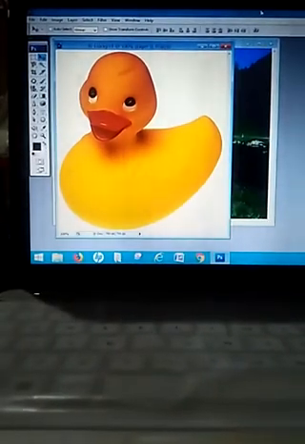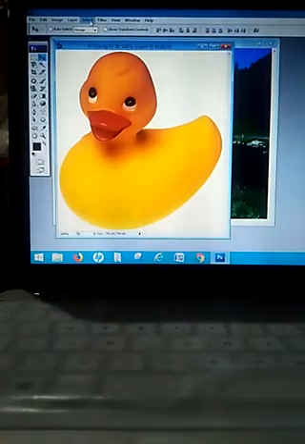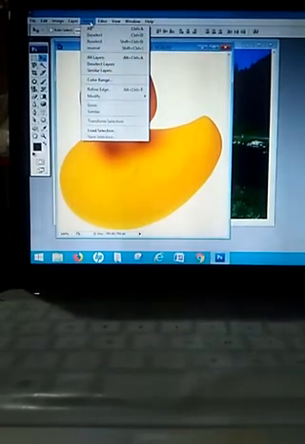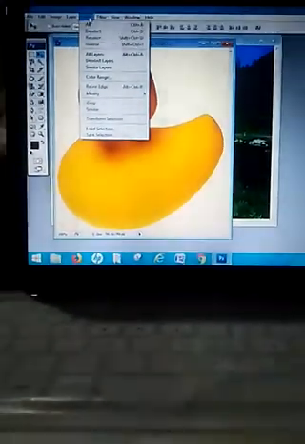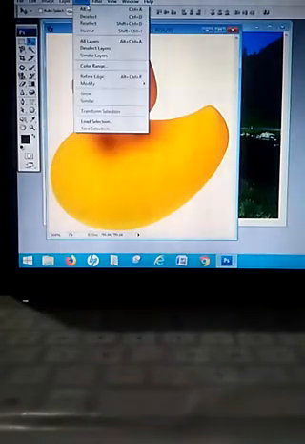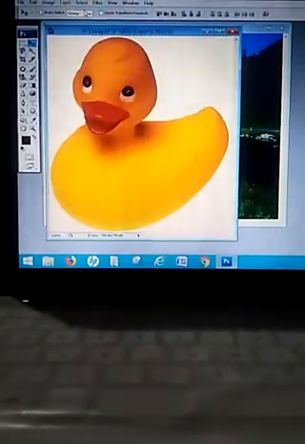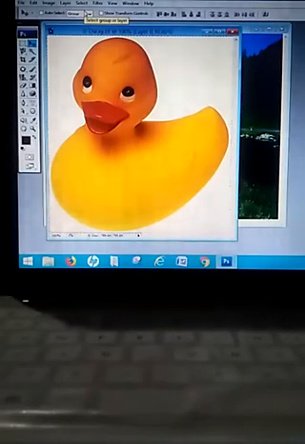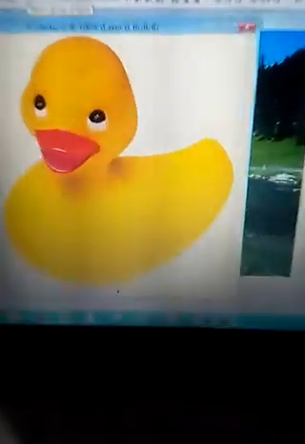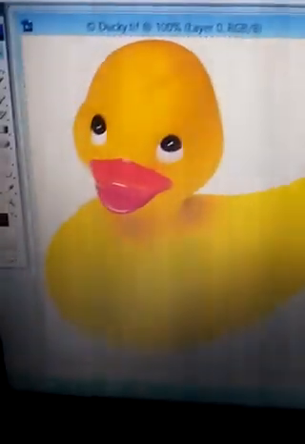Now what we have to do, students, for copying or moving it, first of all we have to go into the select menu. Inside the select menu we have a first option known as All. With the help of that you will see a border appear around your layer.